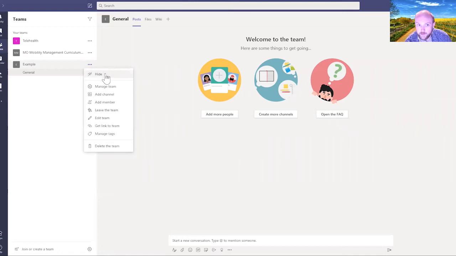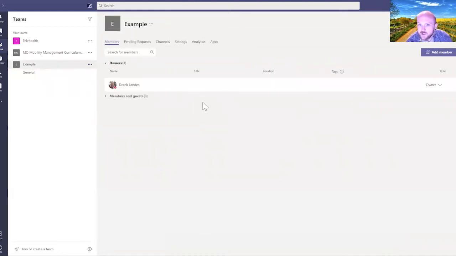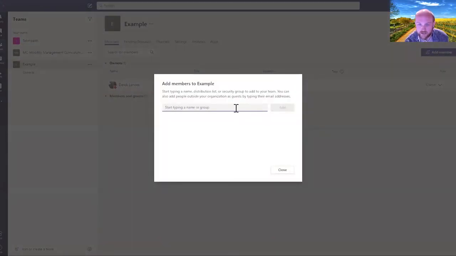You can hide it so that you can't see it. And what's important here is manage team. So we go to manage team. This is where I'm able to have control over who is in it and who has access to this information. So I go right here and plus add member and type in the email address of the individual I want